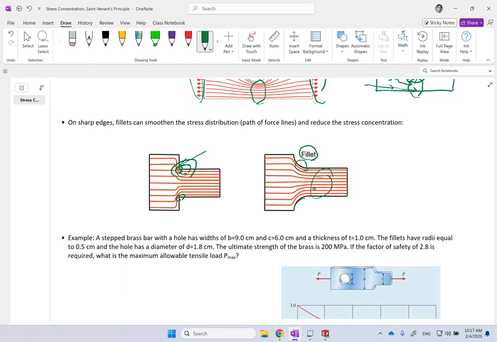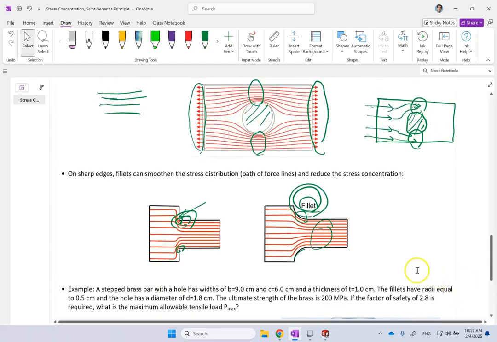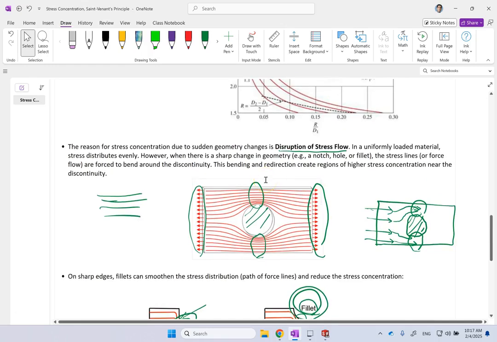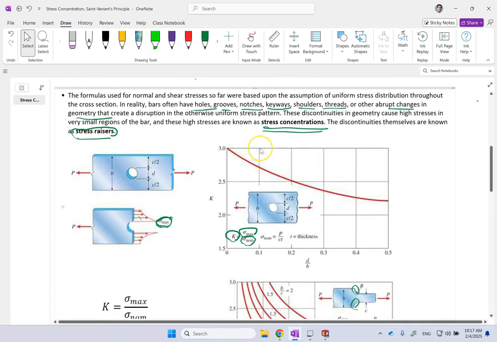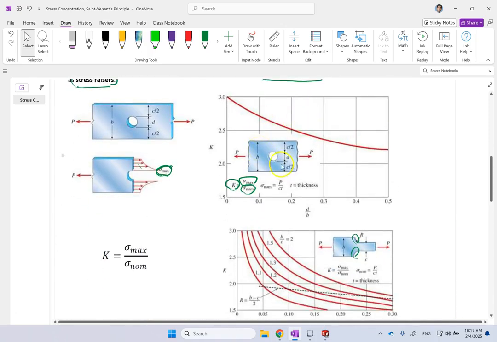Okay, and I'm going to show you in the stress concentration plots. The smaller this number is and goes to 0, the bigger the K value is going to be. So fillet is very, very important for internal edges. So that is the best explanation that I like about the stress concentration. Now the question is, how much does it go up? Well, that depends on the geometry, on what kind of geometry you have and what kind of sudden change